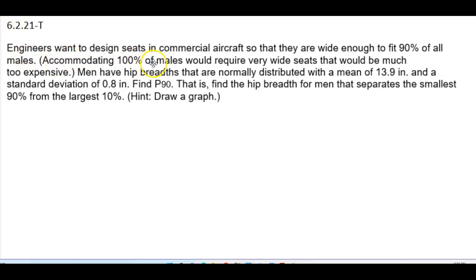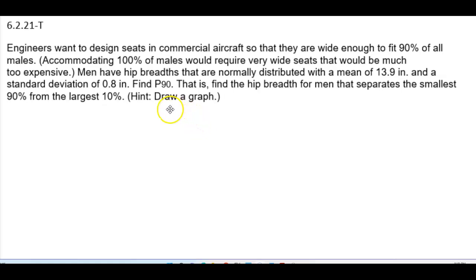Engineers want to design seats in commercial aircraft so that they are wide enough to fit 90% of all males. Accommodating 100% of males would require very wide seats that would be much too expensive. Men have hip breadths that are normally distributed with a mean of 13.9 inches and a standard deviation of 0.8